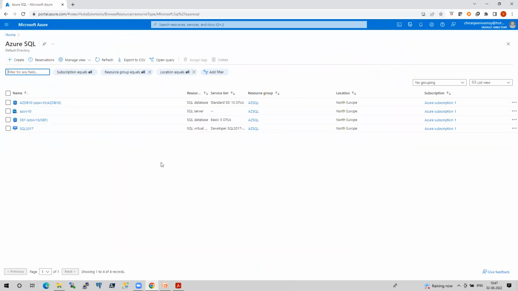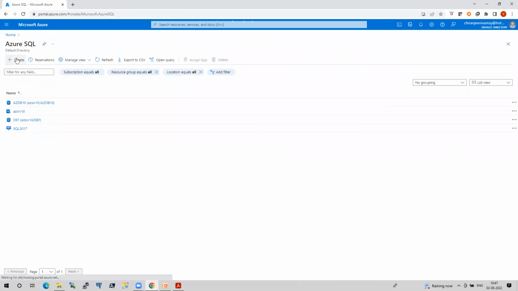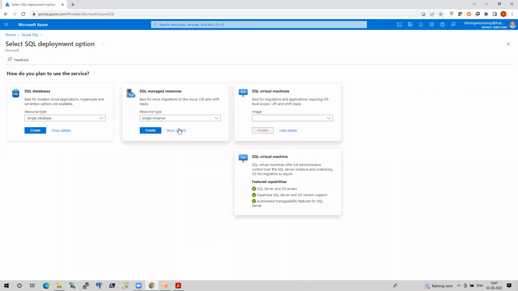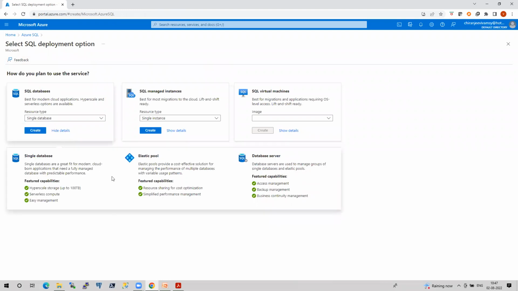Azure SQL, create. If you see here, even on the first page, when you click on Azure SQL, we have 3 options: SQL Virtual Machines, SQL Managed Instance, SQL Databases. If you click on Show Details, it clearly mentions what is possible with these 3 different flavors we have in Azure for SQL. This is also a great thing by Microsoft.